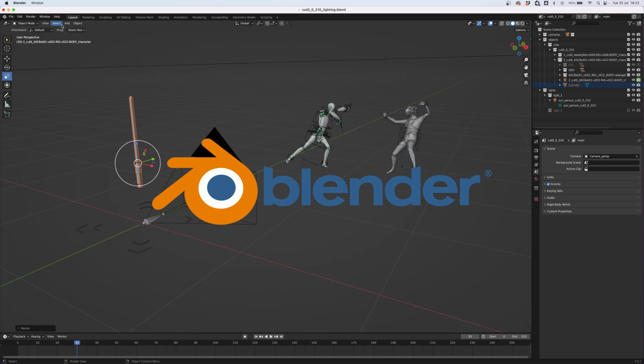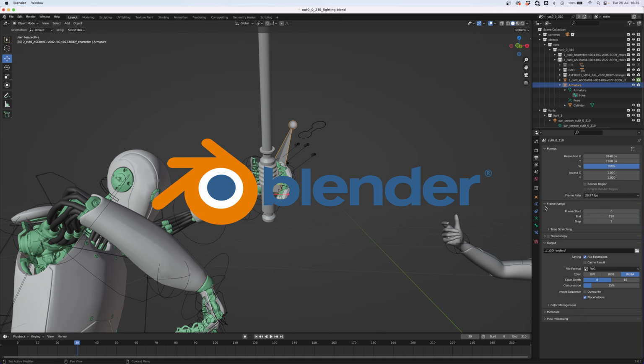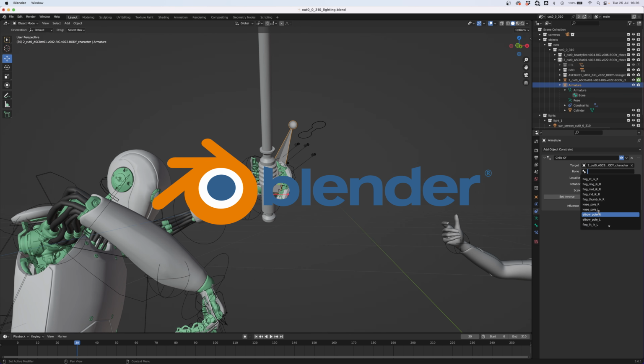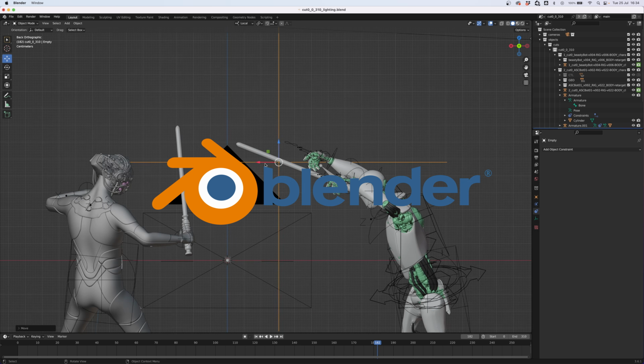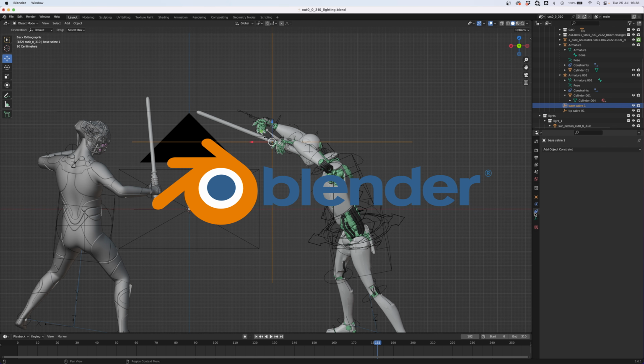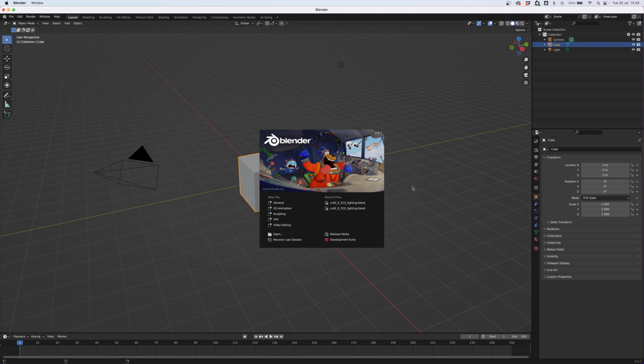Next, I'm going to jump into Blender and show how you can use the Blender file from Wonder Studio and make use of some of that 3D data without being an expert in Blender, which I am certainly not. I'm far more happy in the world of Cinema 4D. But here we go. So here we are in Blender. If you've never used it before, it's an open source, free 3D software that's just gone from strength to strength over the years, and I've never really given it much thought or attention. But this project's given me reason to start to learn it.